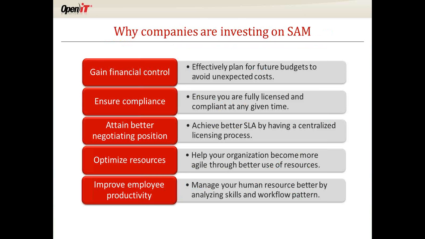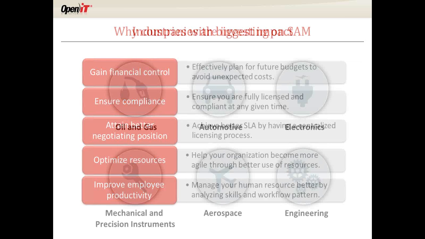Next is attaining better negotiating positions. Again, how do we optimize that? How do we put you in the driver's seat as opposed to the software publishers? Then optimizing resources. It might be reduction in cost, it might be cost avoidance. We want to make sure that if somebody needs a tool, we get them that tool, but we make sure we're getting our ROI on that tool, that they're actually using it and it's not just sitting there. And then, of course, improving productivity. How can we analyze different skills and work patterns? How can we look at adoption rates, etc.? So we're going to step through these 5 different components today in our talk.